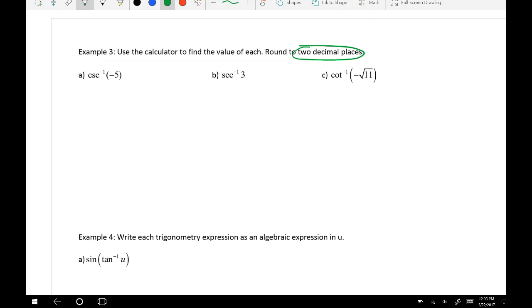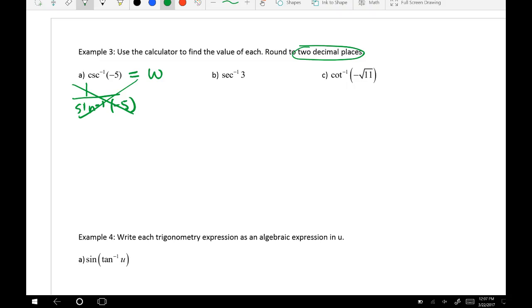Guys, please don't do this. 1 over sine inverse of -5 is not what you can press on your calculator to get the right answer. So, concept: this is going to come out with an answer. Let's call it W, or an empty box, to get